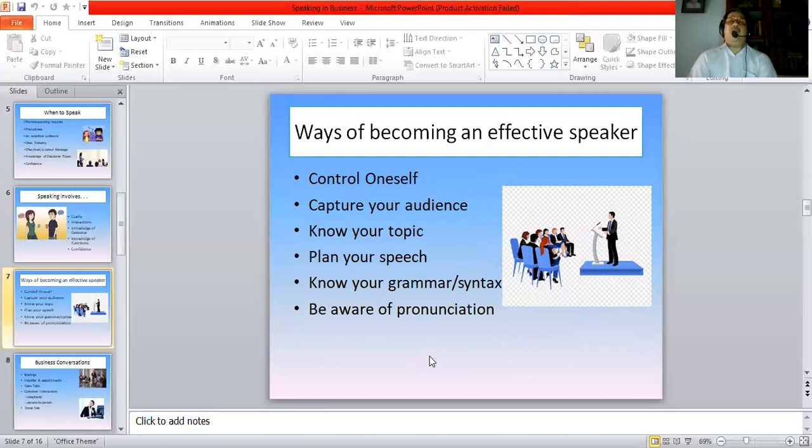Now, how to become an effective speaker? The first thing is to have a fairly good control over yourself. Now, how can we have this self-control? That means that you know your subject well, you can handle your audience reasonably well, and if you develop any kind of problems when you are speaking, which might happen at any point of time, the technology goes wrong, or something fails, or you had expected something and that doesn't turn out. So there can be all kinds of problems.